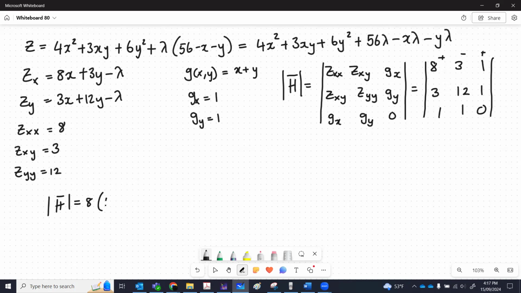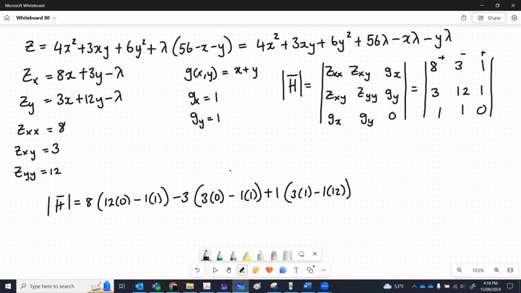So we have 12 times 0 minus, remove the row, remove the column, 1 times 1. And then negative, because of this negative here, with negative 3, remove the row, remove the column, so 3 times 0 minus 1 times 1, and then we have plus 1. Remove the row, remove the column, so we have 3 times 1 minus 1 times 12, and when we work this out, we get negative